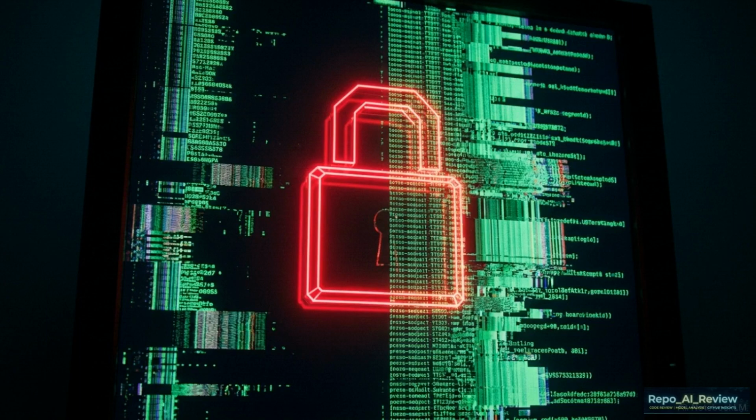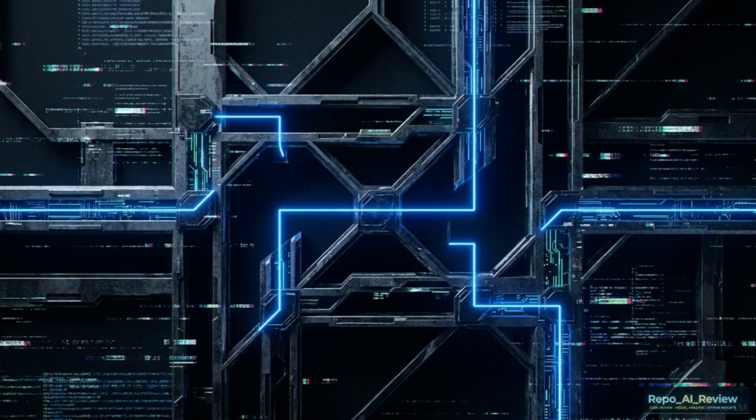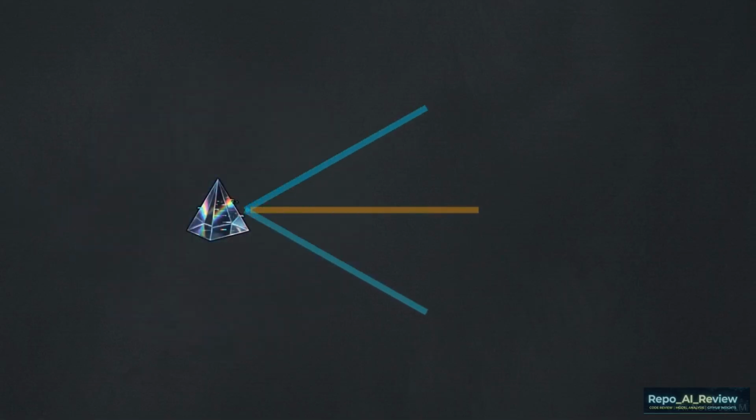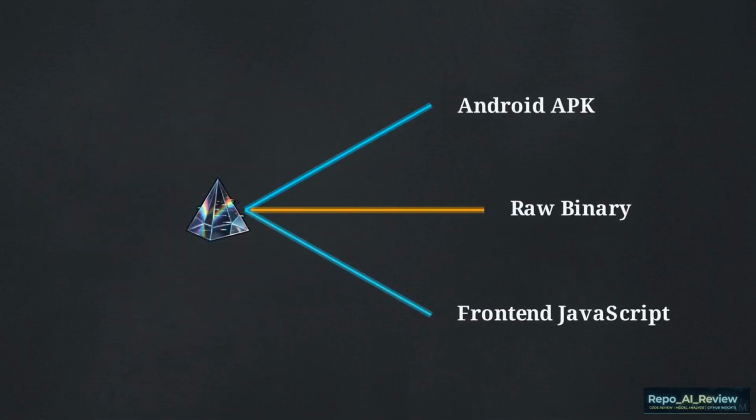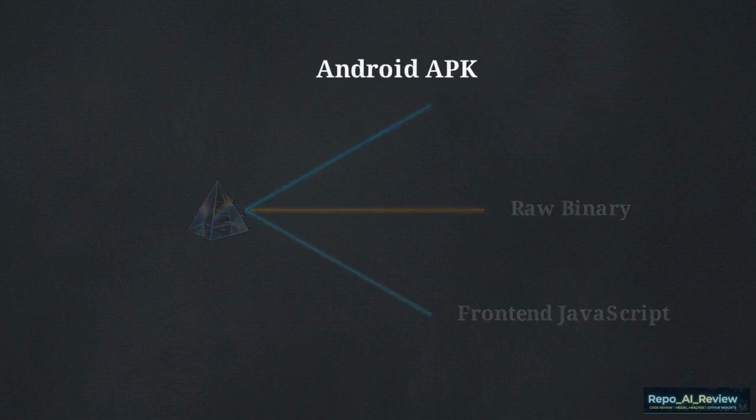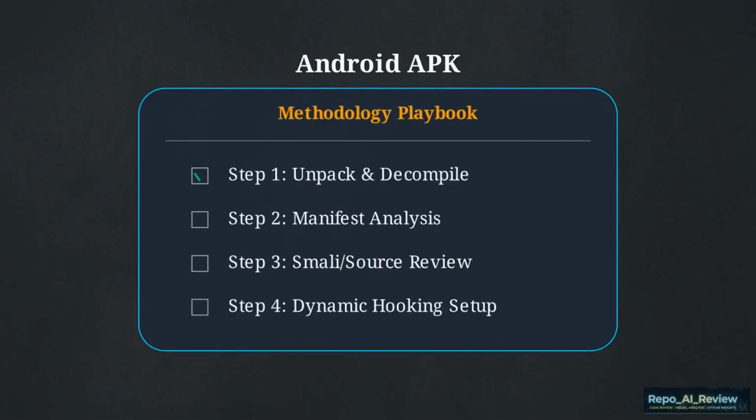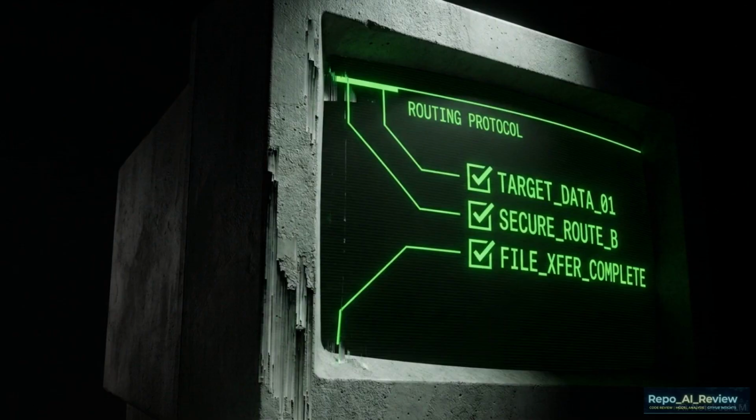When passing a target to the framework, it blocks the AI from immediately firing off commands. Instead, it forces the model to read a strict routing matrix. This diagram illustrates the classification step. It analyzes the file signature and intent, distinguishing an Android APK from a raw binary or front-end JavaScript. Once classified, the system dispatches a methodology playbook, laying out precise steps before a tool is engaged. By locking the AI into this structured routing protocol, it prevents the model from guessing, guaranteeing a professional, reproducible approach